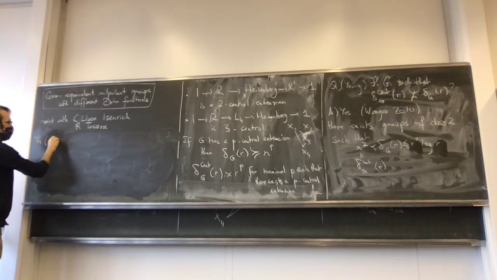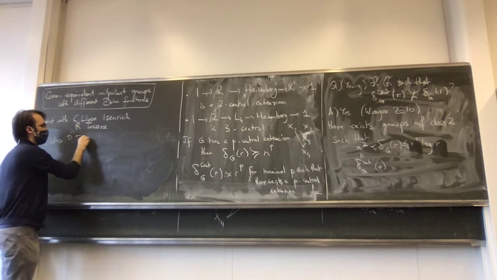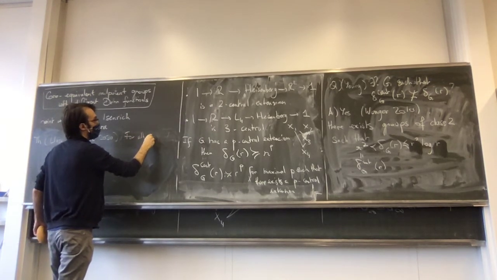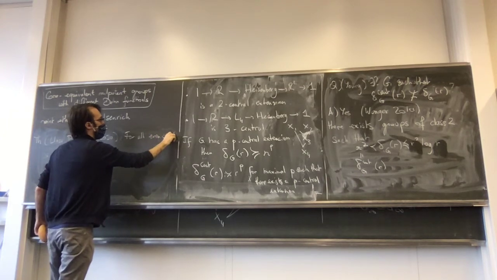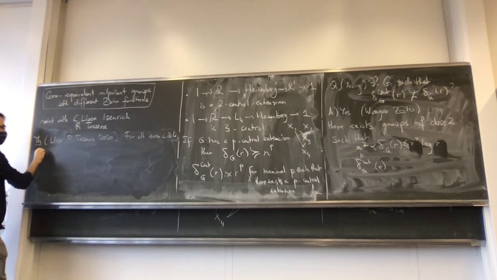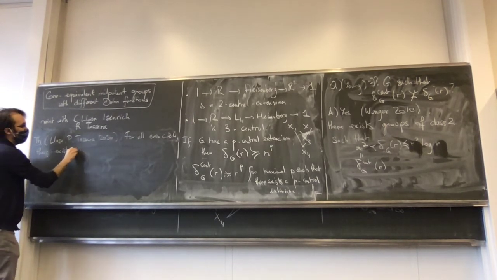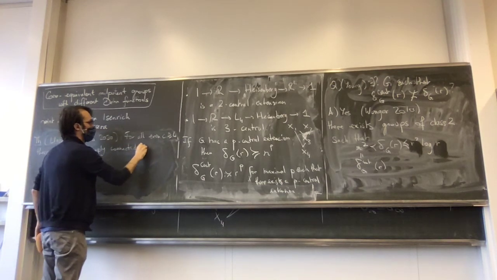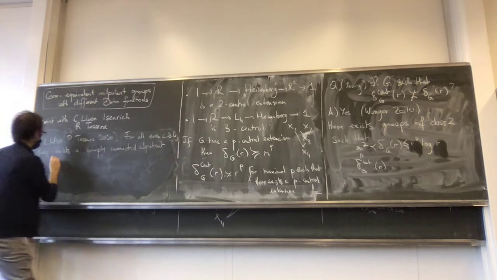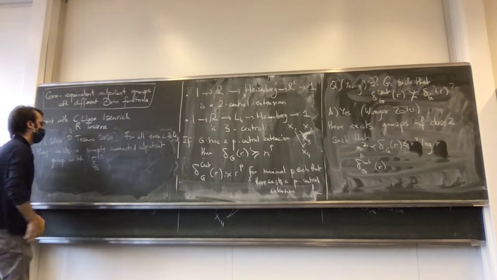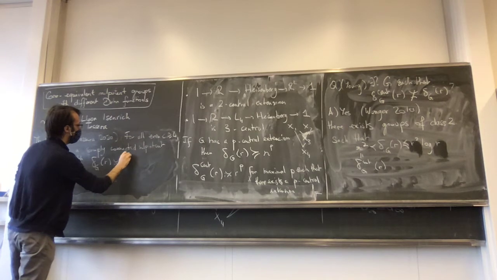So now, for all even c greater than 4, but possibly the even restriction is not serious, it's just the only thing we can prove, there exists a simply connected nilpotent group where this time the Dehn function is R to the c, but